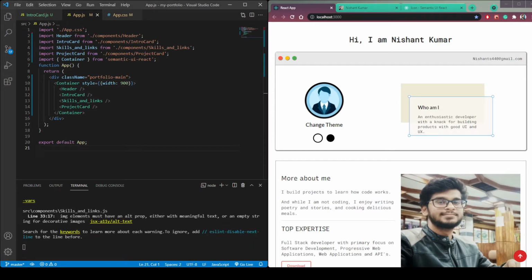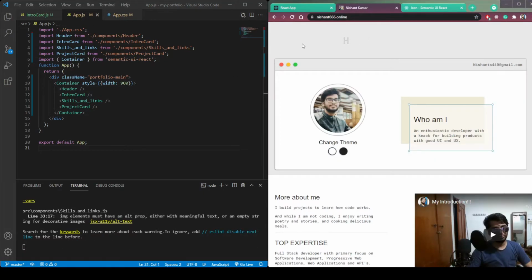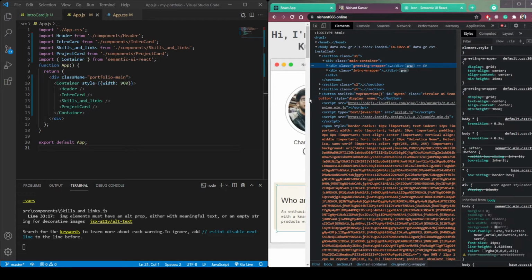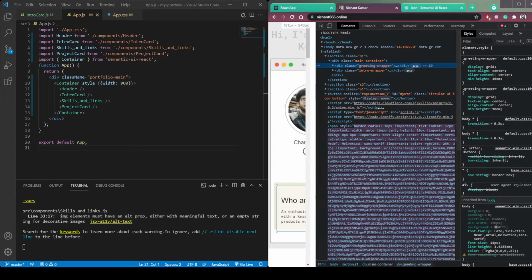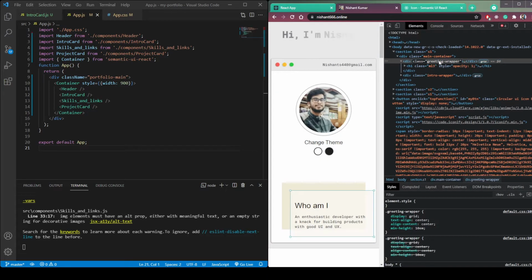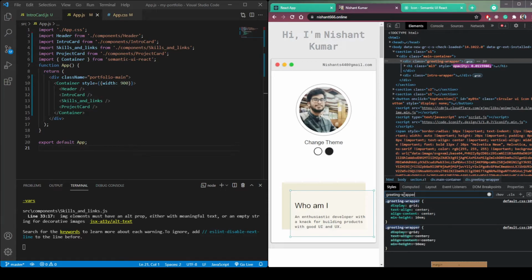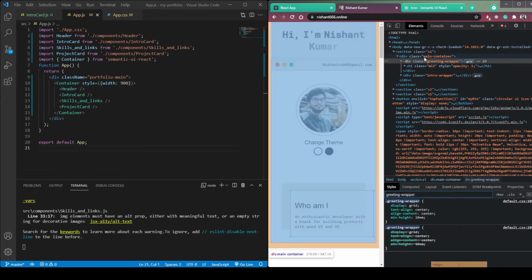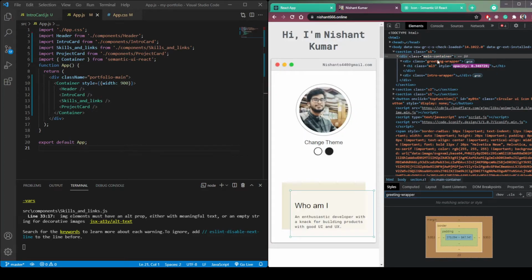Let's change the background color to this gray color or whatever color this is. So inspect it and we will see. Greetings wrapper. Or let's use the main, let's check this main container class name.